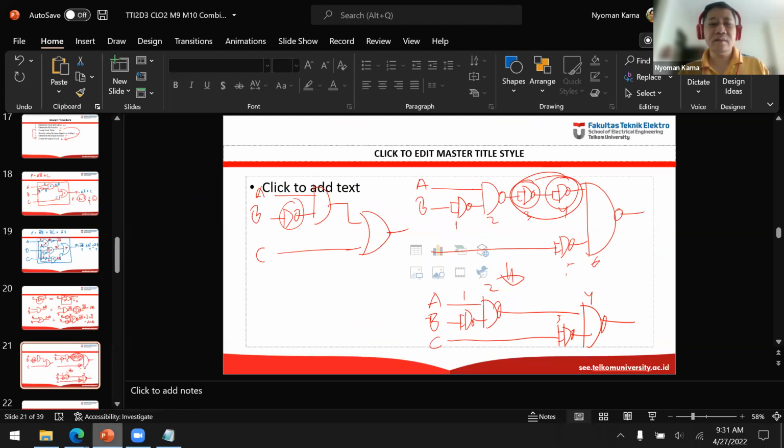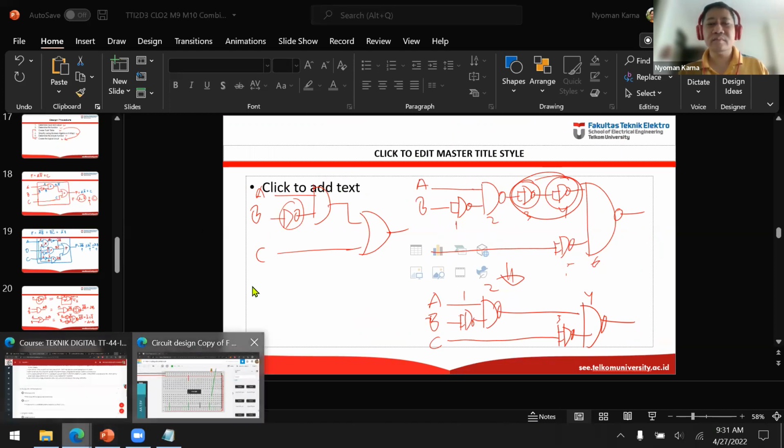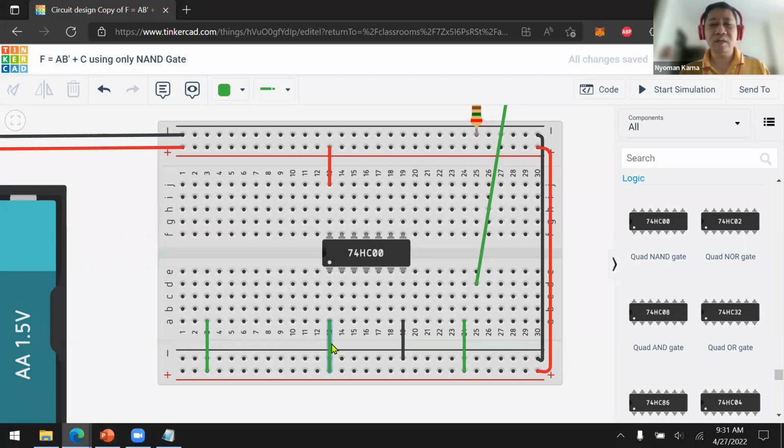Okay. So now let's say this one is B. B comes to an inverter.